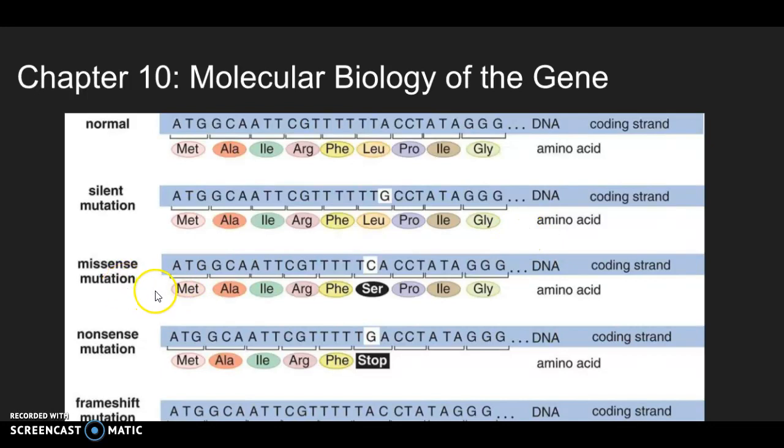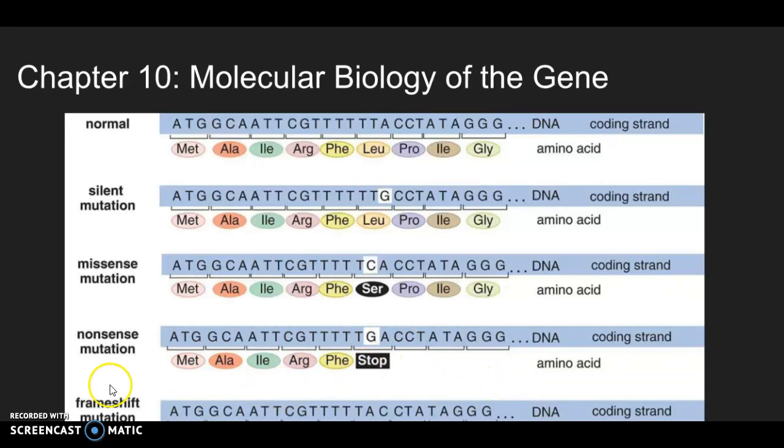Whereas in this missense mutation, the A is now a C. So this leads to a completely new amino acid, and this will lead to changes in the actual protein that is going to be produced. Now, in a nonsense mutation, you can see that the chain of amino acids stops elongating prematurely because this alteration or mutation will lead to the presence of a stop codon, which means that no more amino acids can be